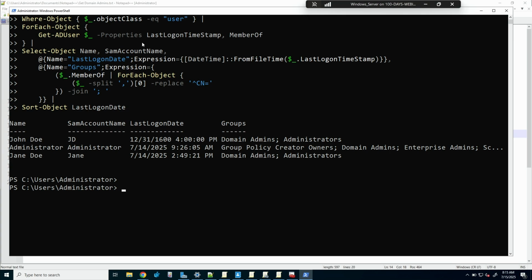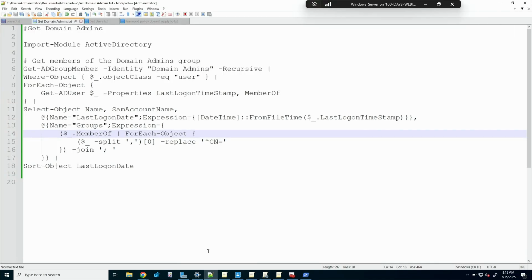So he's saying the 1600 means the user has never logged in. I kind of guessed that, but thanks for clarifying that, Zach. So, okay, we've got domain admins. We want to remove John from the system because he has no business being on here. So that's script number 1. Very simple. Clean them up. Put it on your calendar once a month. Just go in, look at what shouldn't be there, and remove the accounts.